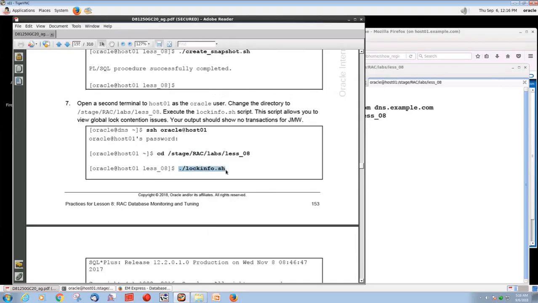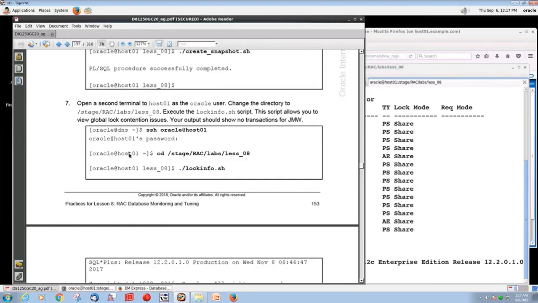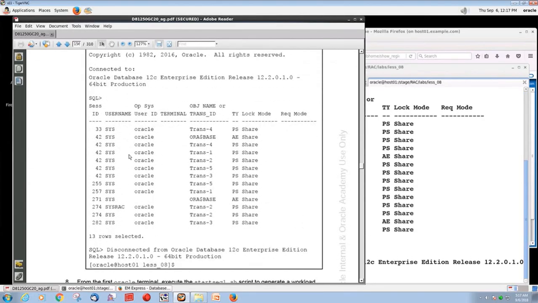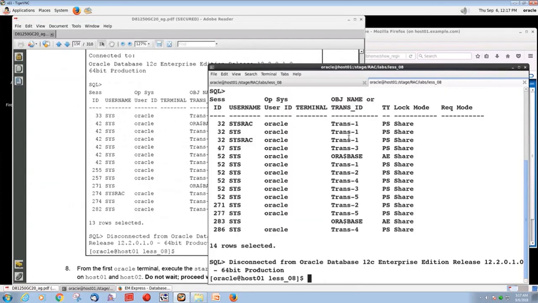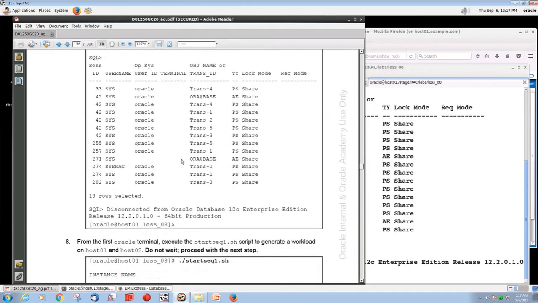I'm just giving you a short demonstration. So let's see the locking information, and you will see the initial locking. Okay, we have a SYS RAC connection and a SYS connection, and that is the default locking before generating